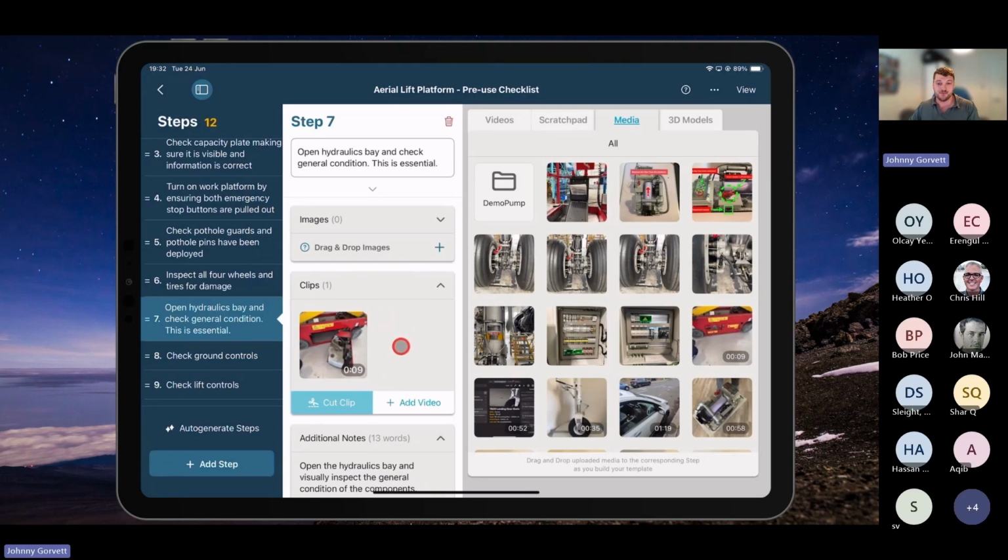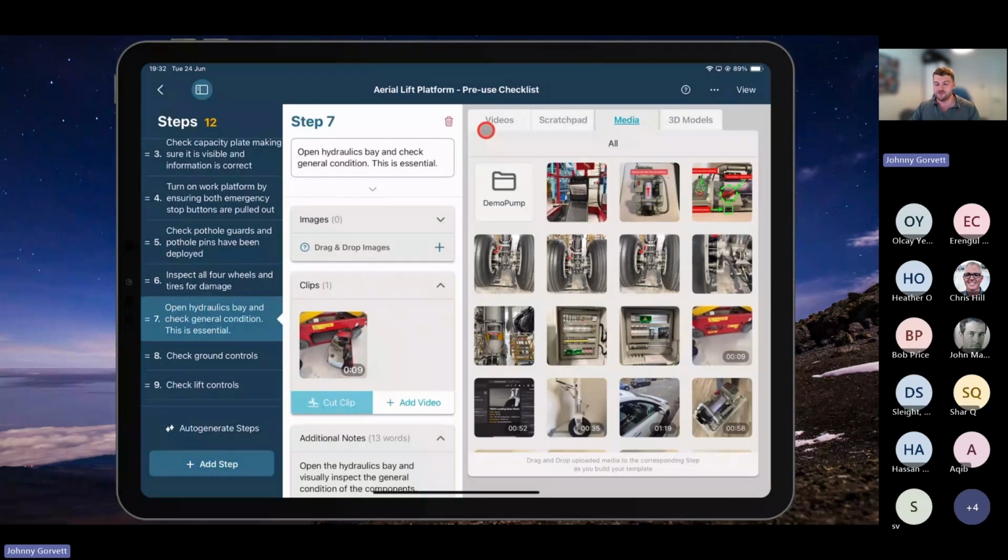And these videos can actually be cut up, changed. You can see there's a clip button here. So we can do some video editing in Manifest as well. You could pull in a whole video and just cut it up as you want. So we've created a nice work instruction, but the last thing I'll quickly show is if you have a 3D